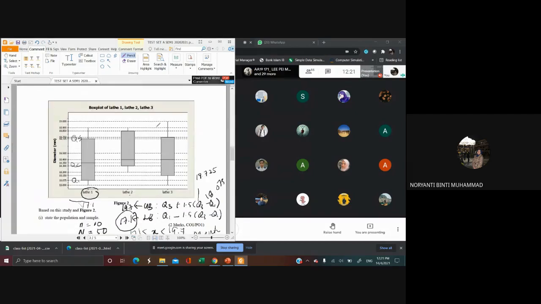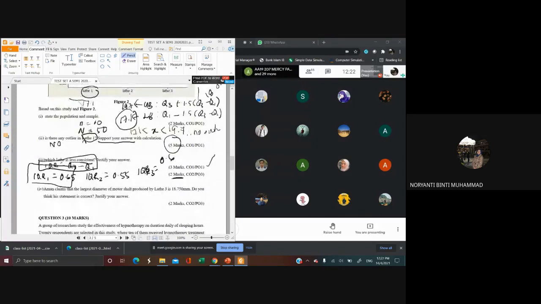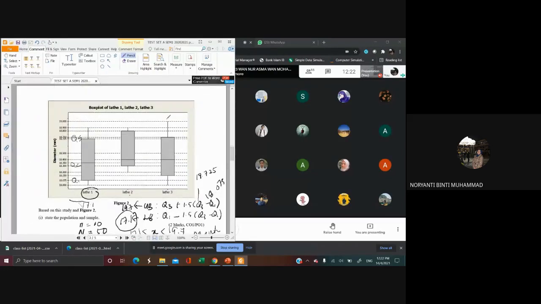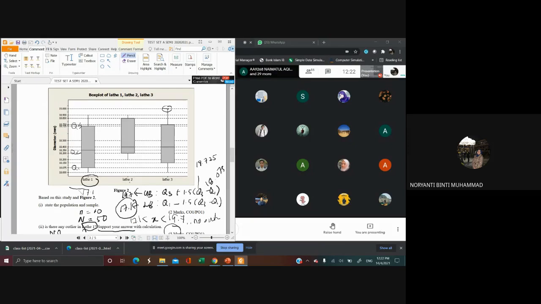This is your latte 3. Okay, and then the claim is the largest is 18.750. So if you look here, 18.750 is not the largest, isn't it? The largest value here is 19. Is it right? So the answer should be wrong because